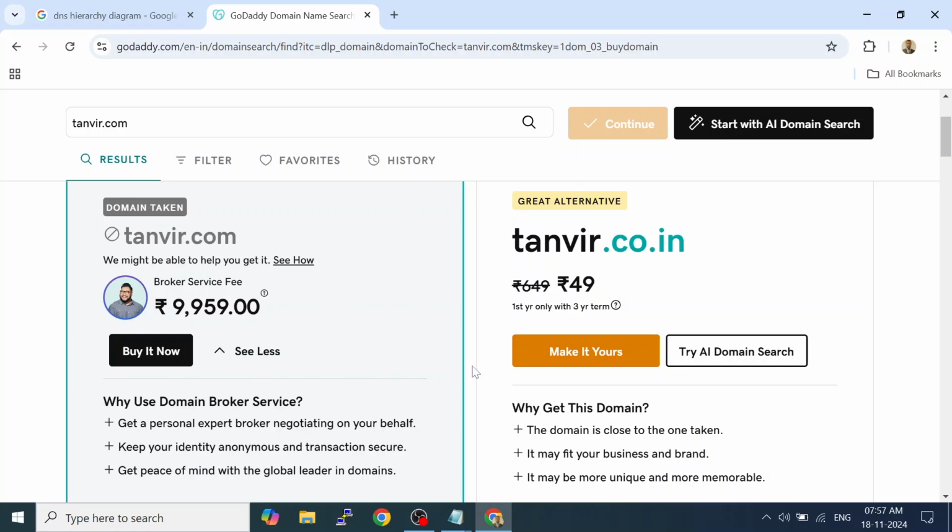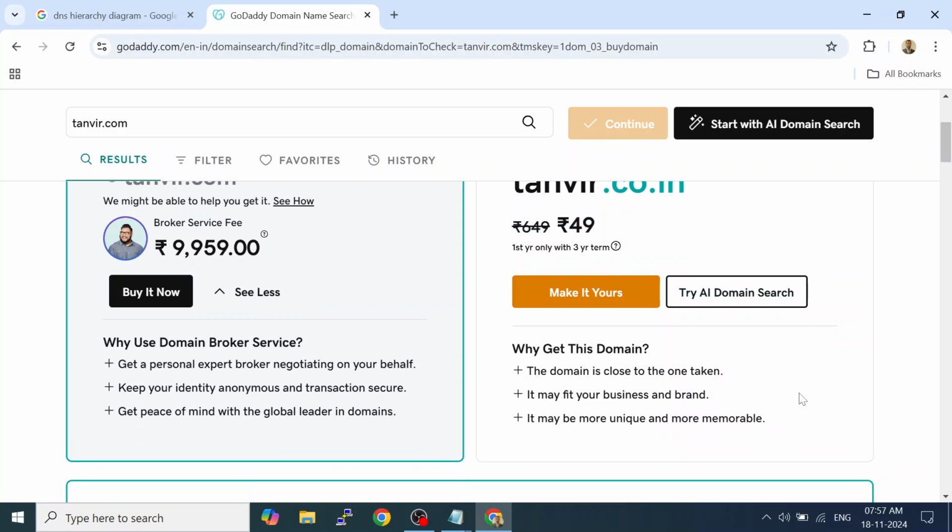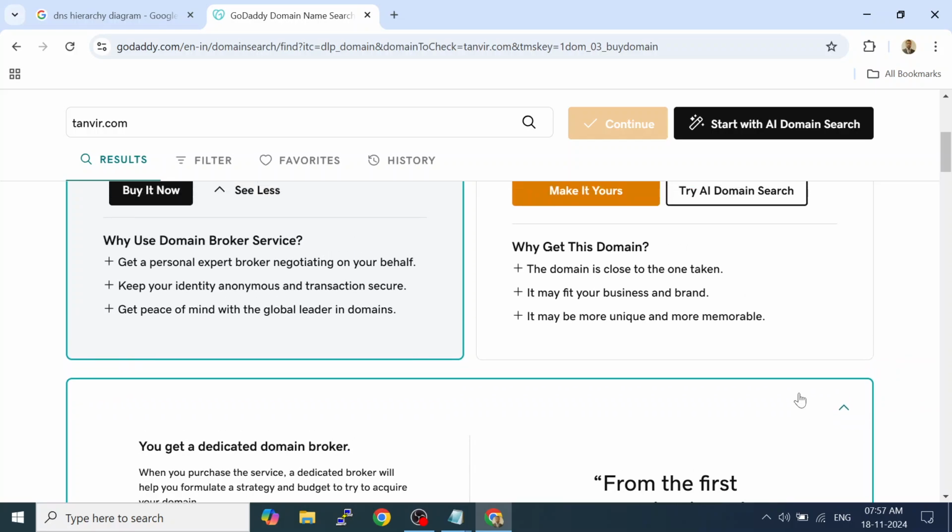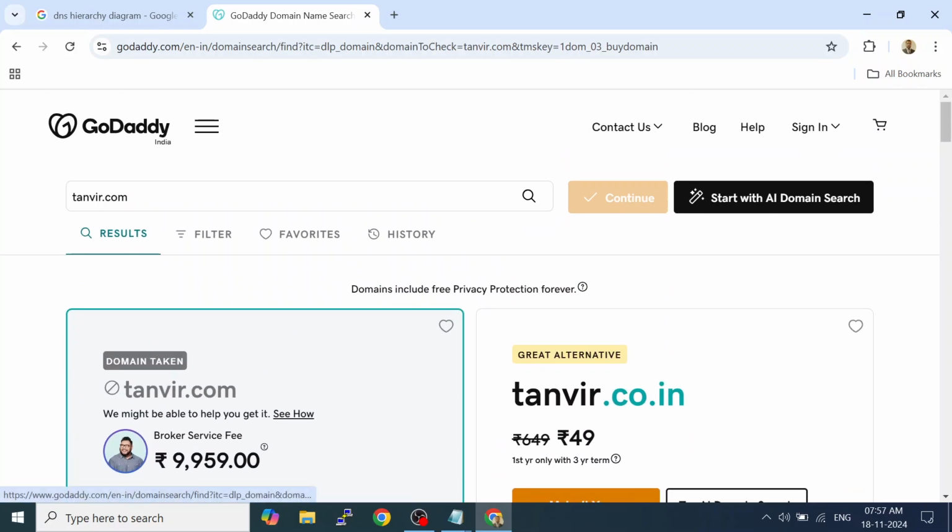I don't need that. So here it is rupees 49 for the first year only with a 3 year term. If I take it for 3 years, then for the first year it will be 49 rupees. After that, it may charge 1,000 rupees or whatever the charges will be. Understood? So this is how we search.